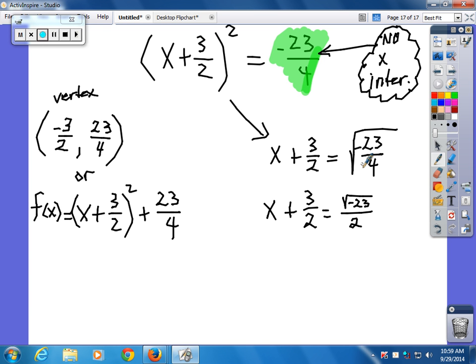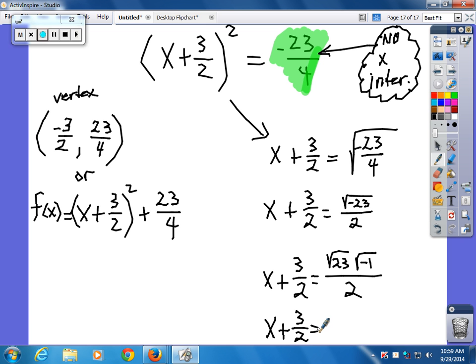So, all right. This I'm going to rewrite as x plus 3/2 equals the square root of 23 times the square root of negative 1 over 2. And of course, what is the square root of negative 1? i. So x plus 3/2 is equal to the square root of 23. I'm going to put i times the square root of 23 over 2. Now, a lot of you are saying, well, why don't you take the square root of 23? There's no use. Why? Because what